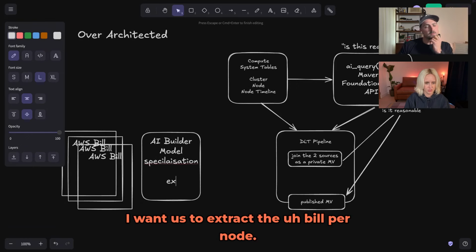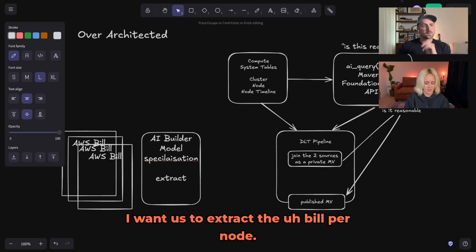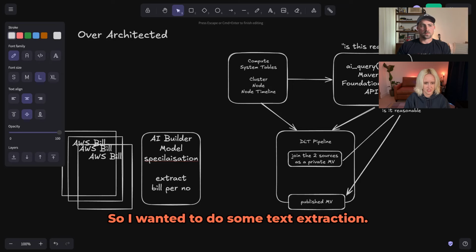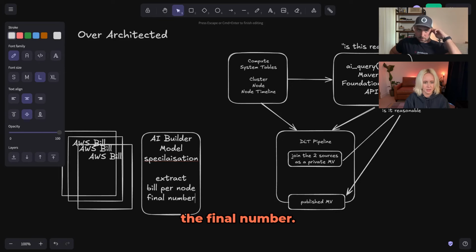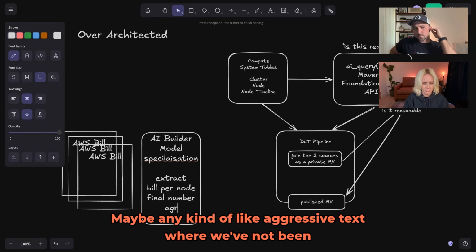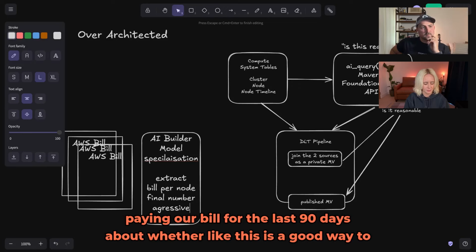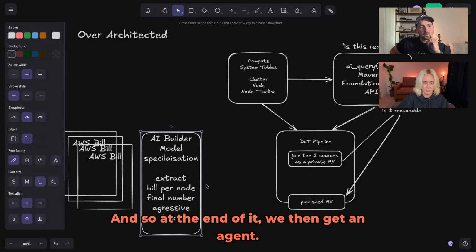I want us to extract the bill per node. So I wanted to do some text extraction. Maybe I want it to do the final bill as well, the final amount, so the final number. Maybe any kind of aggressive text where we've not been paying our bill for the last 90 days, about whether this is a good way to spend our money or not. So how about that? And so at the end of it, we